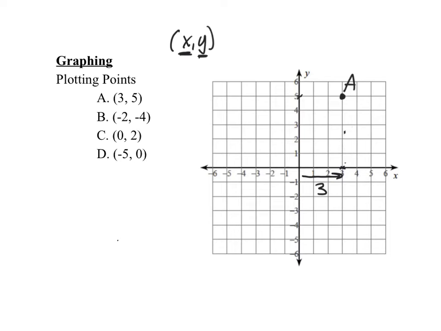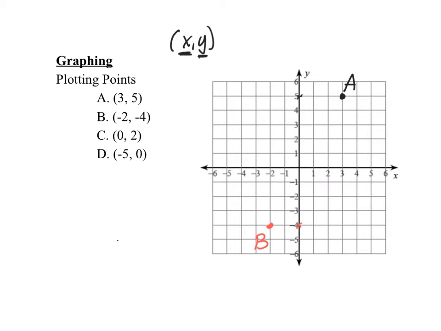Now, point B has the coordinates -2, -4. So when the x is -2, that means you go left on the x-axis. I'm going to end up about right there. And -4 on the y-axis is right here. So the intersection of those is where point B will go. You can think of it as I went 2 left and then 4 down. So the first number is always where you go on the x-axis. The second number is always where you go on the